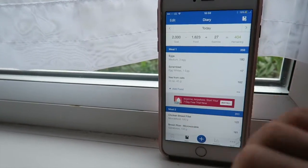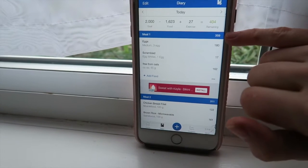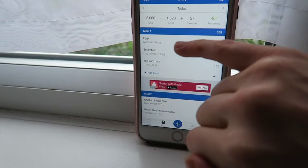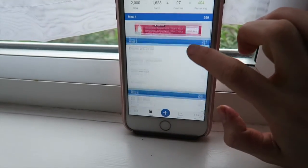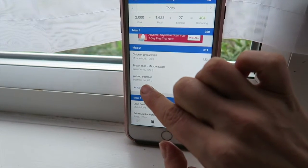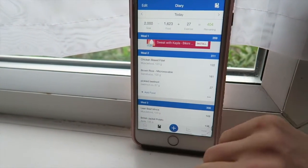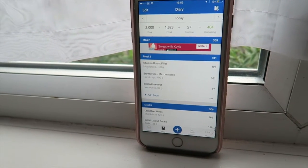Like I said, it's completely whatever happens on the day at the moment, but I do try to stick to my macros. So like you have seen here, I have added in 3 eggs, an egg white, and I had my oats from this morning. Then my second meal, I had Musclefood chicken with brown rice and some beetroot and some green beans, which you see I don't always put in my veg, but beetroot has slightly more sugars,